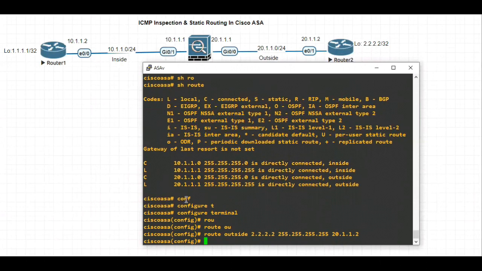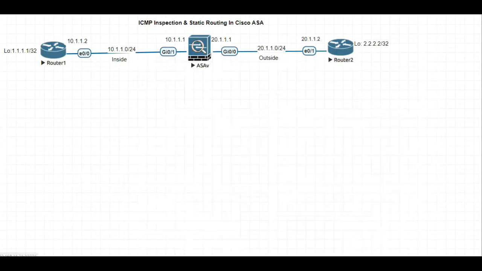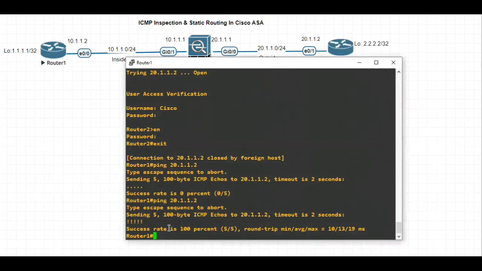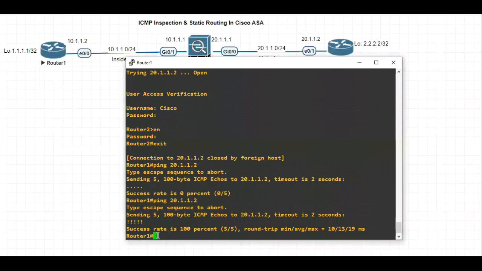All right, so let's go ahead and check. To ping the IP address of the loopback 2.2.2.2.